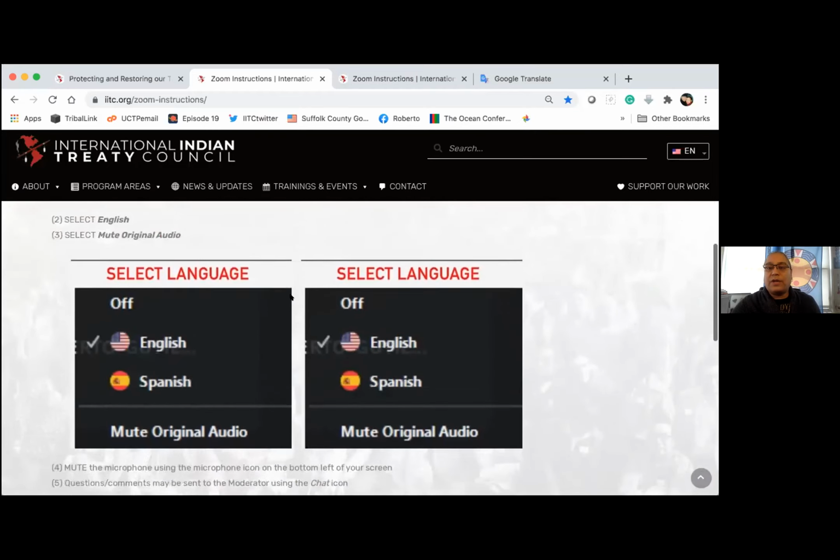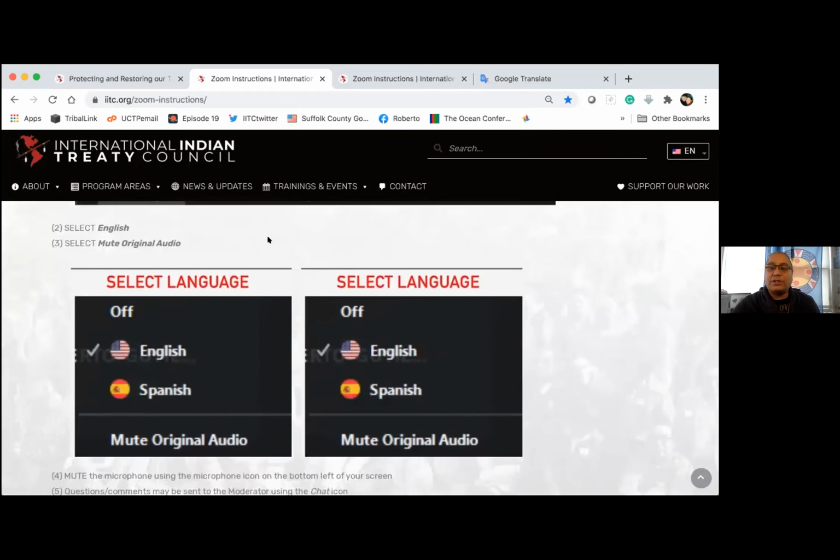And also throughout the session, you can send questions to me, the moderator, in the chat. Just type them out in chat and we'll share those with the speakers. Right now, I'm going to just share these same instructions very quickly in Spanish, and then we'll go right into our speakers.